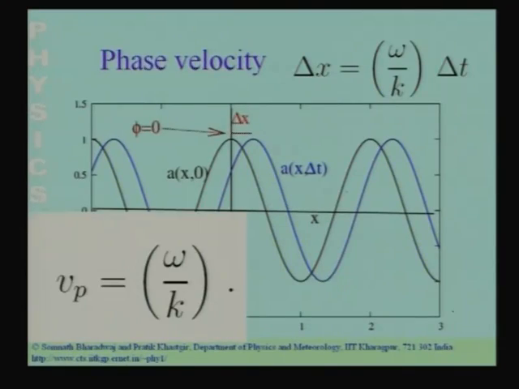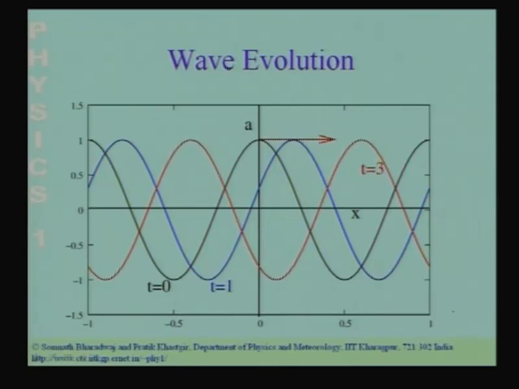So, having told you the phase velocity, let me now again show you a picture of how the wave evolves. So, this is the wave. The black curve shows you the wave at t equal to 0. After a time, at t equal to 1, the point where the phase is 0 has shifted forward. It has shifted forward by 1 into the phase velocity. So, it has moved here, and the same with every other point, it has moved forward by the same amount, because the phase has moved the same amount. So, the point where the phase was pi by 2 has shifted by the same amount, and all intermediate points have shifted by the same amount.